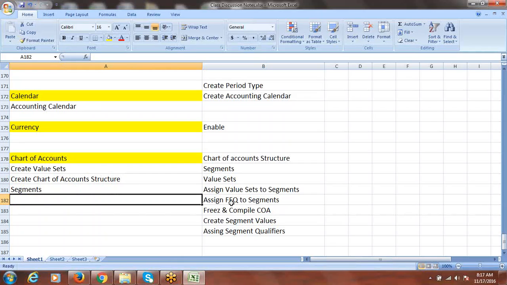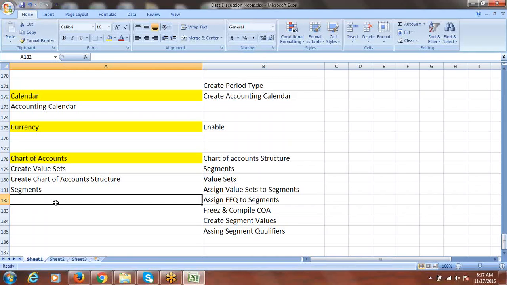In EBS we assign the flex field qualifiers to segments, but in Fusion the flex field qualifiers have a changed name: segment labels. What we call flex field qualifiers in EBS, here we call segment labels. Since we assign those to segments only, we call them segment labels, which have some functionality. The same functionality as in EBS remains, and they added some additional segment labels also. I mean to say, additional flex field qualifiers are available in Fusion.